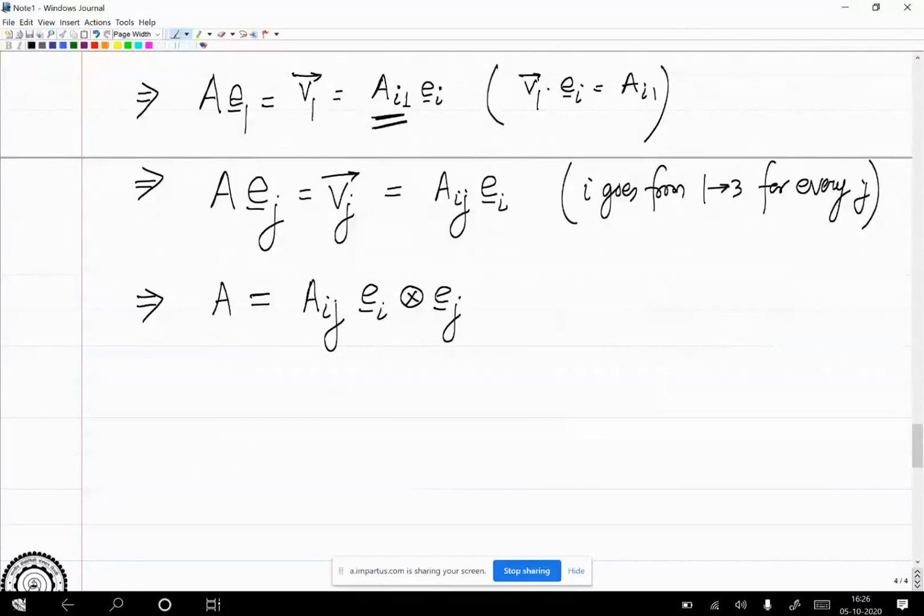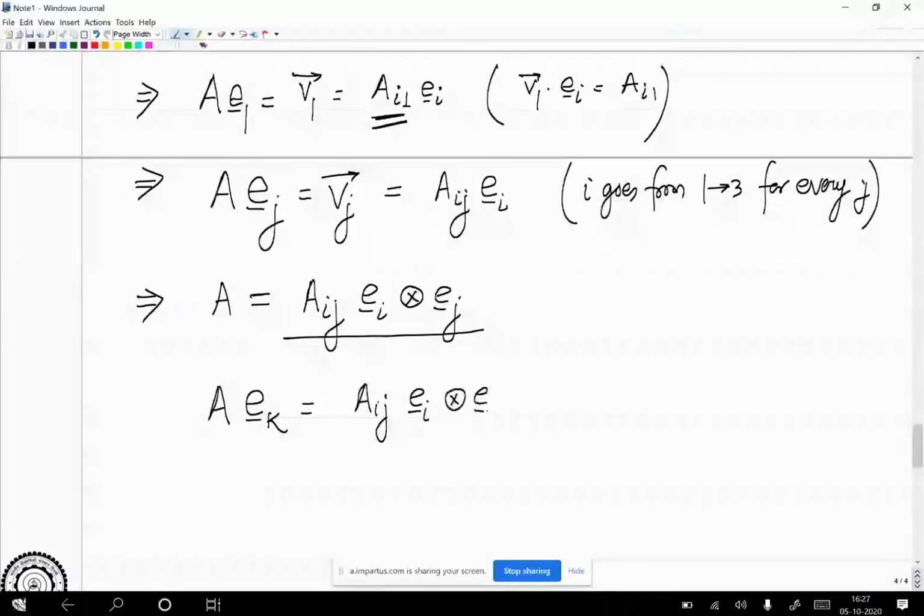So can we prove it? Let us see. What is A into Ek, for example? I can't say A into Ei because you already have i and j here. So what is A into Ek? It should be Vk, right? I have to prove that it is equal to Vk. Let us see if that is the case. So this is Aij, Ei tensor product Ej